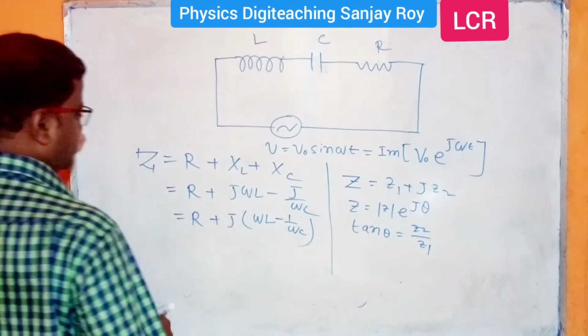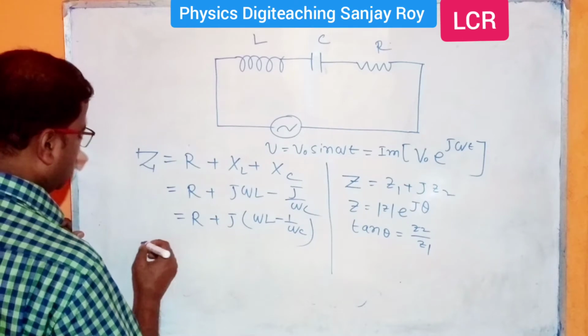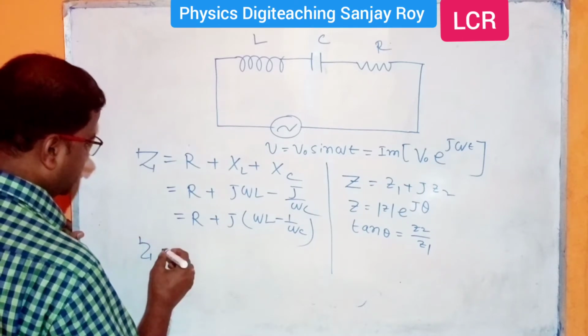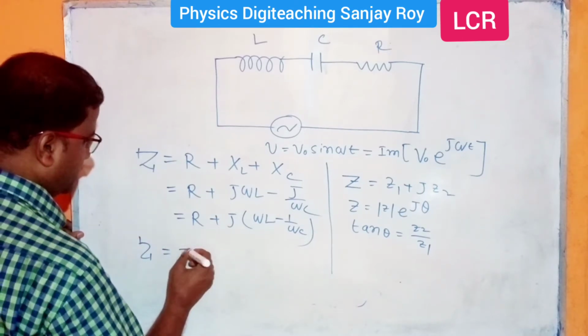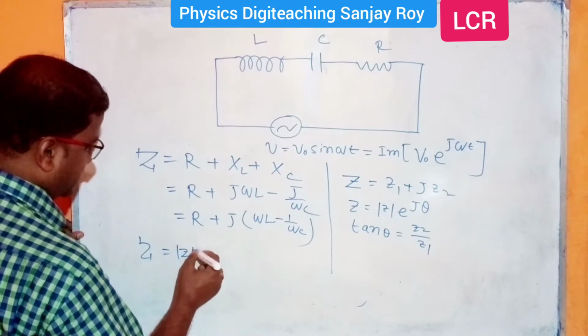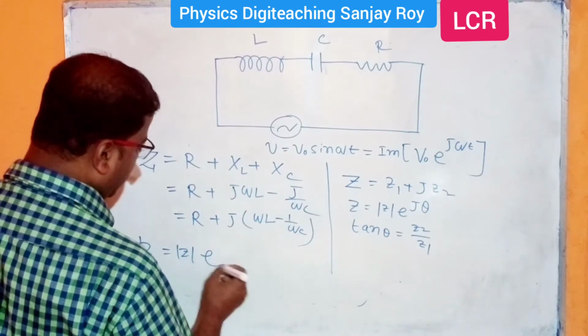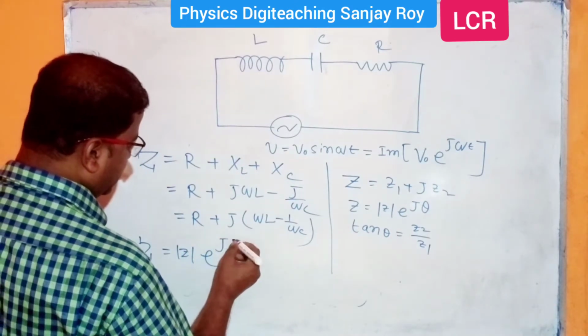Here also the impedance Z equal to mod Z e to the power j theta,